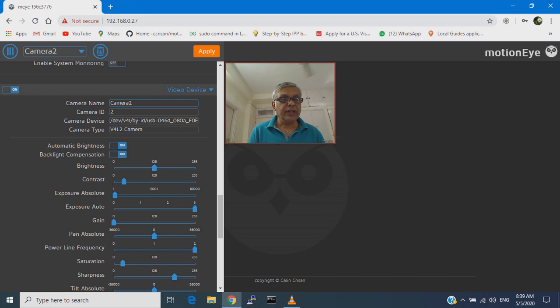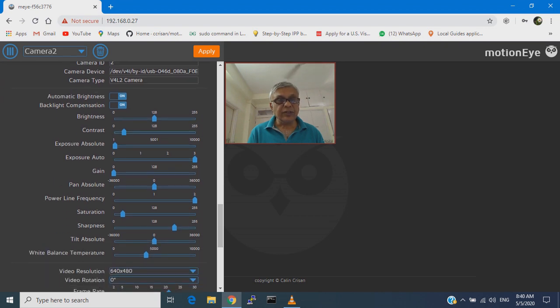This is the camera, automatic brightness and depression, backlight compensation. You can set it here. Here also manually we can set all those camera settings.